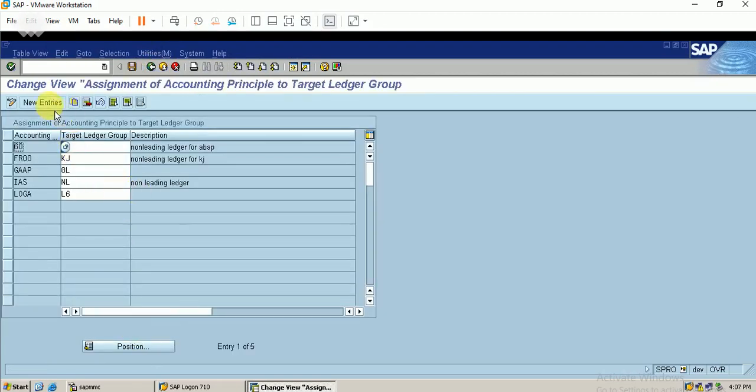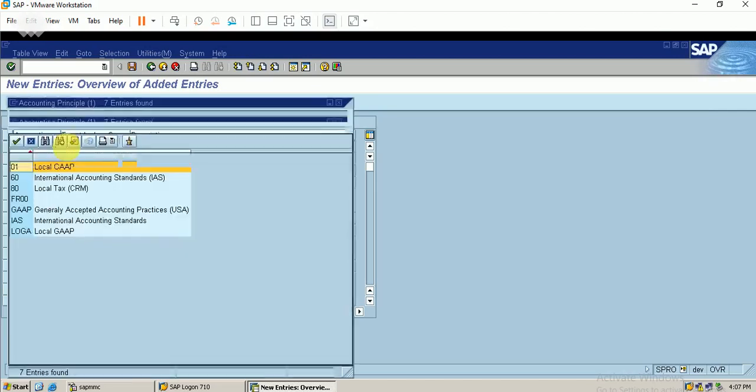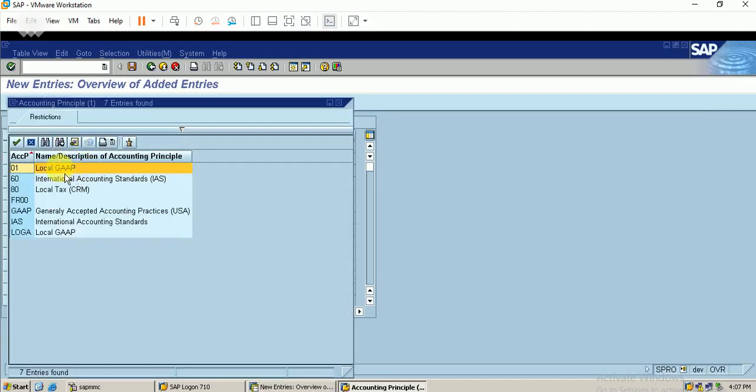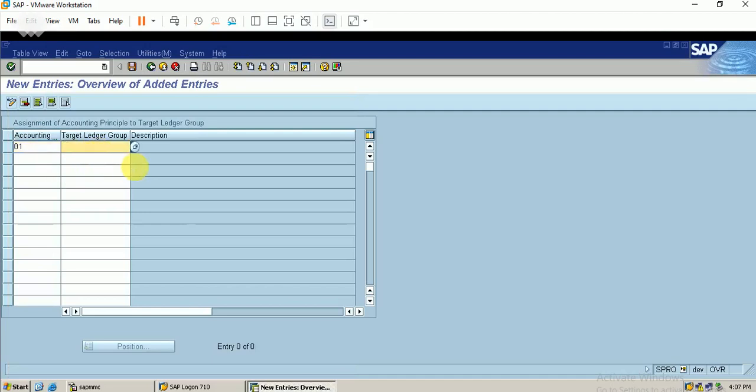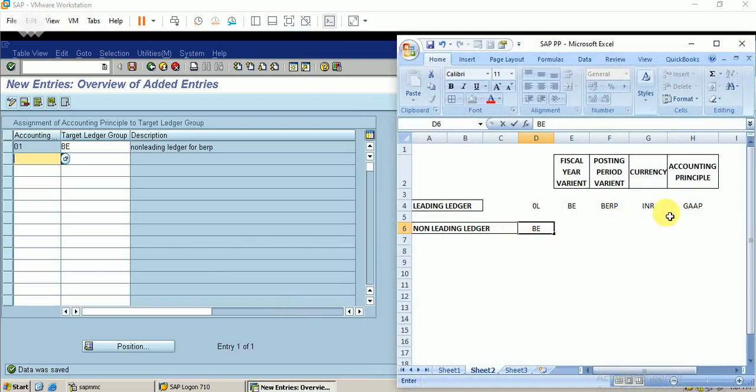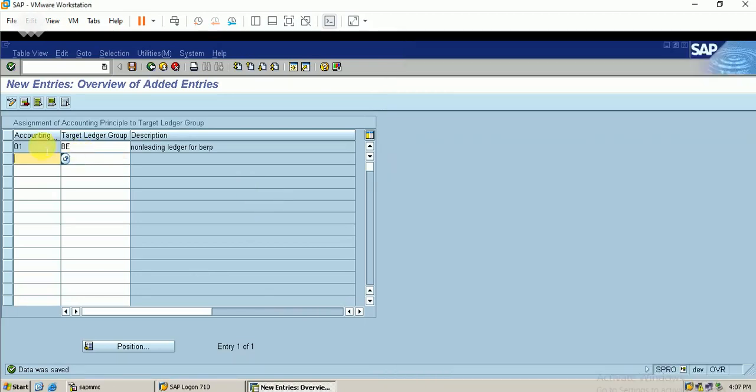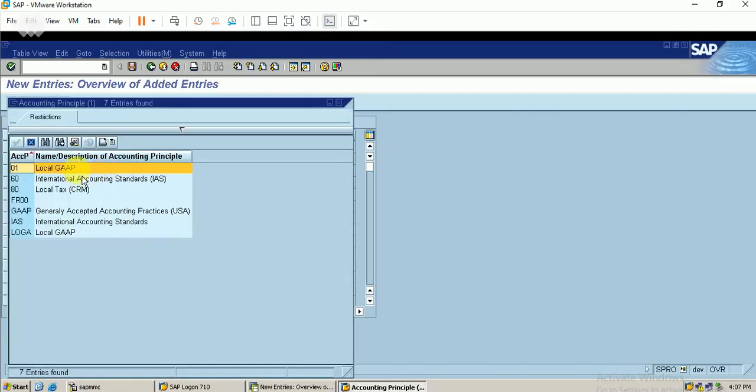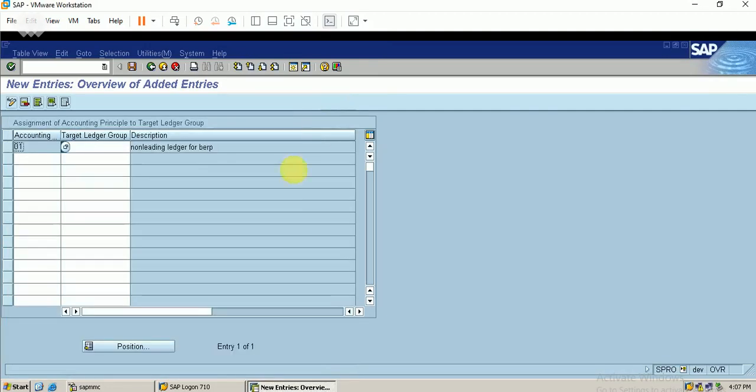Let me go with a new entry. Let me have local GAAP as my accounting principle for my ledger group BE, the non-leading ledger. Just click on enter and save it. I just enter here the accounting principle used, which is local GAAP.